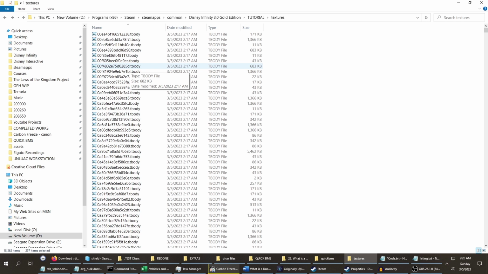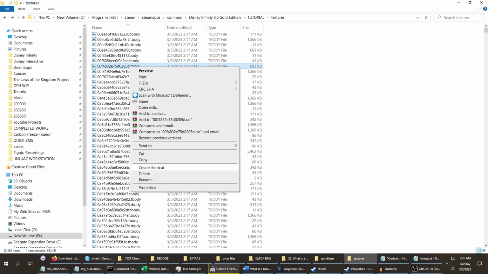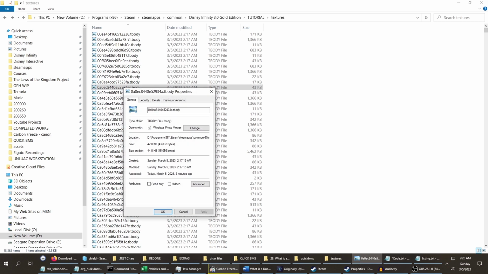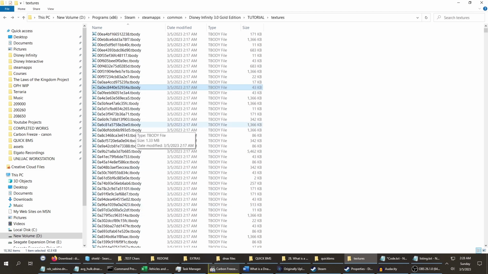I have the plugins on my computer, and really a T-Body says, I don't know how to open this. What you're going to need to do to open it is re-enable Windows Photo Viewer. So how are you going to do that? You're going to do a Google search. It was a Windows XP program, and it's still on if you have Windows 10. I don't know about Windows 11. See if you can re-enable Windows Photo Viewer, and what that enables you to do is double click on it,